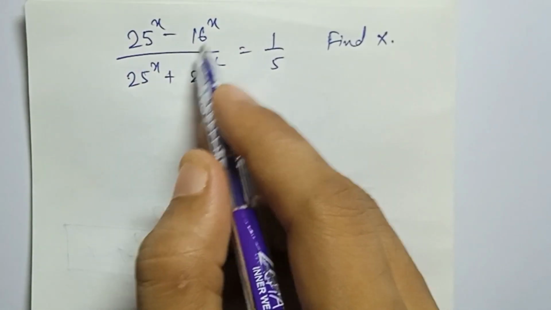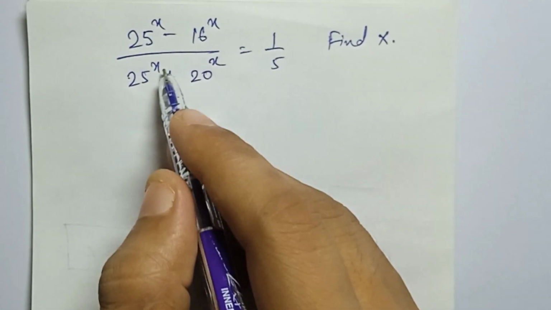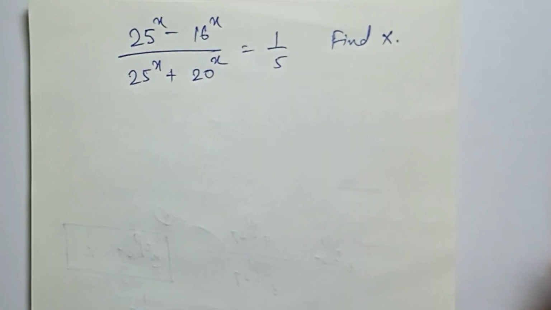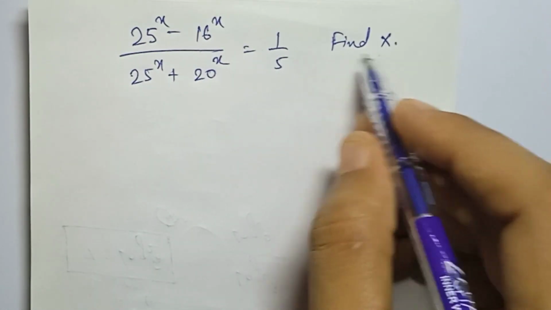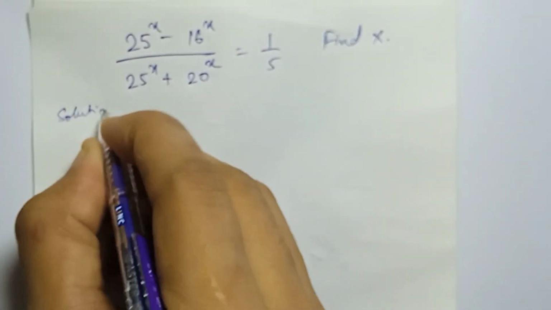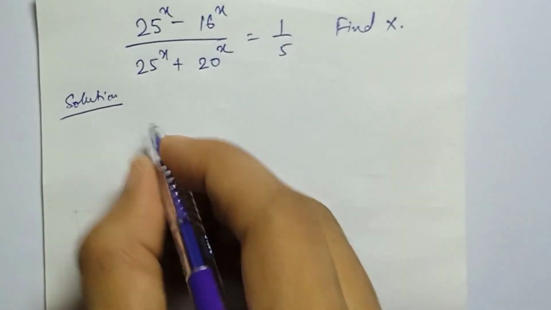आज का हमारा ये क्वेश्चन है 25 टू द पावर एक्स माइनस 16 टू द पावर एक्स डिवाइडेड बाई 25 टू द पावर एक्स प्लस 20 टू द पावर एक्स इज इक्वल टू 1/5। हमारे पास ये क्वेश्चन दिया हुआ है और हमारा क्वेश्चन है फाइंड द वैल्यू ऑफ एक्स। हमें एक्स का वैल्यू यहाँ पर से निकालना है। नाउ सॉल्व दिस क्वेश्चन।